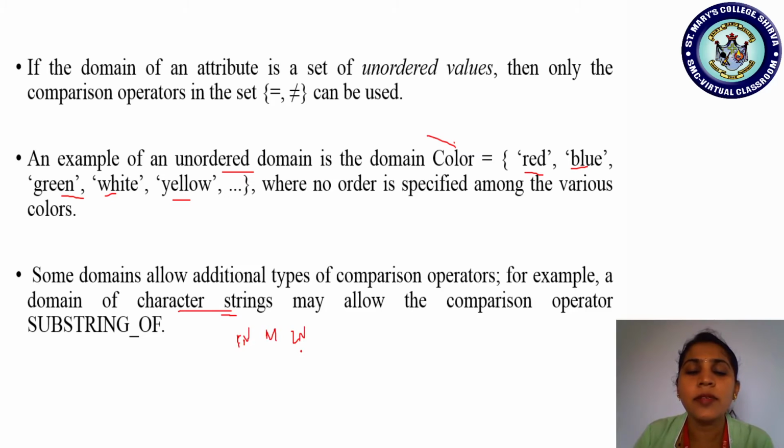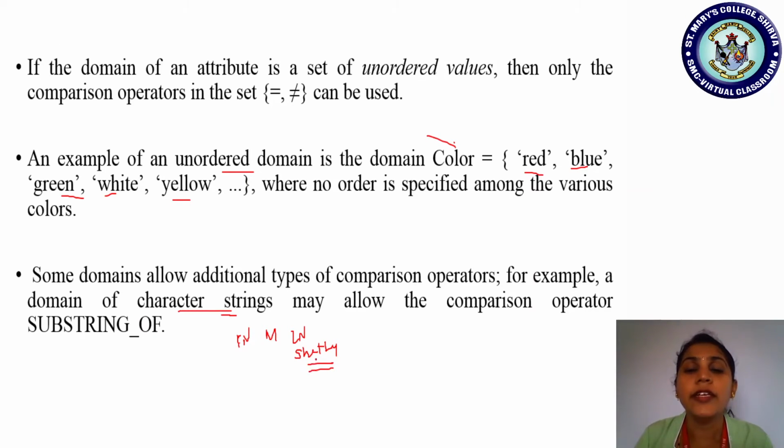If the last name is something like Shetty, name is normally referred to as a character data type, right? So under names, if you want to list the names whose last name is